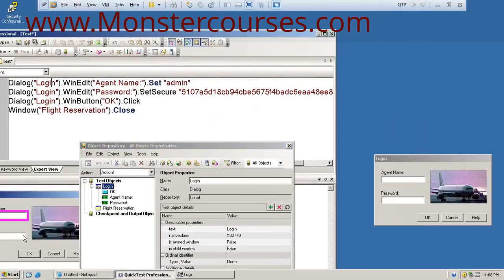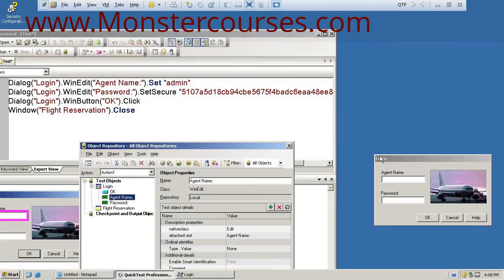Now what we did initially, we entered the value as admin in the agent name. Now this agent name object is in the login application. Now we'll see how this login application is getting identified. Just select the login from the test objects.